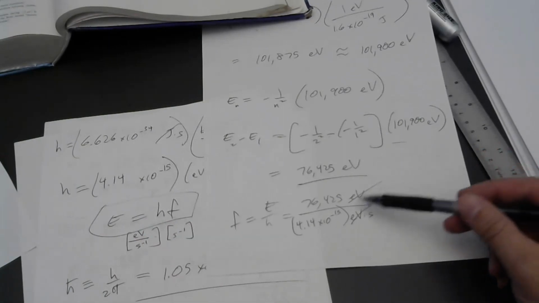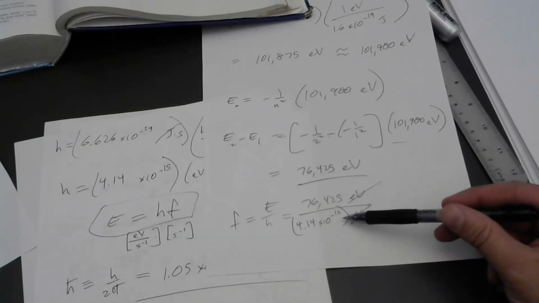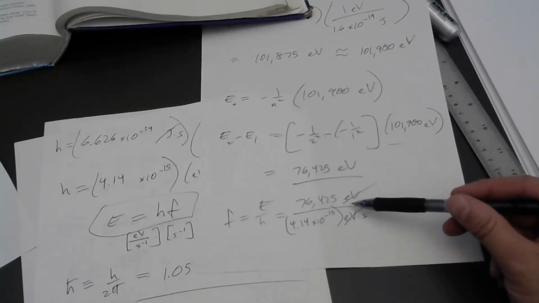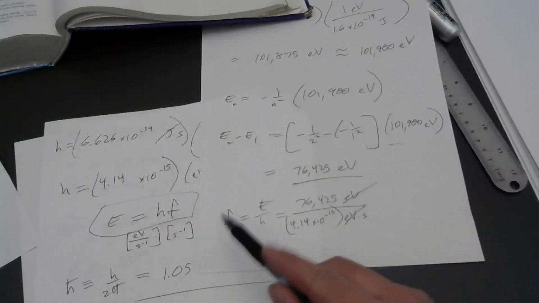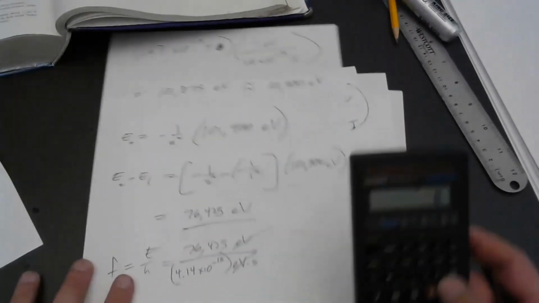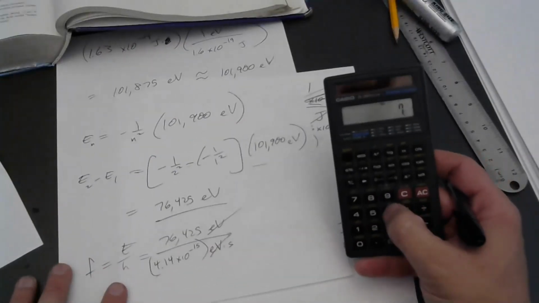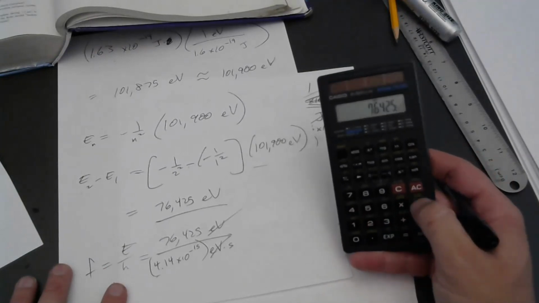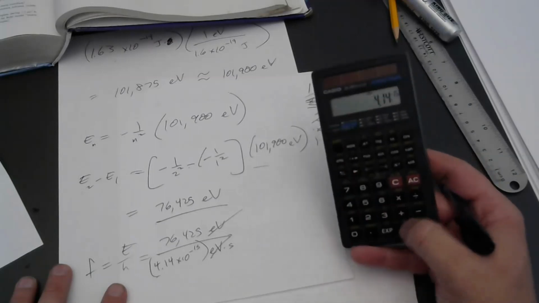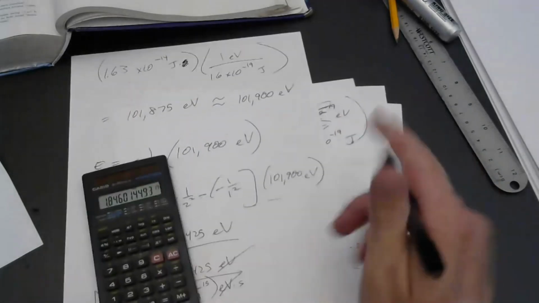You'll also notice, since we're dividing by an extremely large negative power, we wind up with a very large positive power, which is what we expect. Visible light frequencies or ultraviolet frequencies are very high frequencies. 76,425 divided by 4.14 times 10 to the negative 15th. Okay, and I find that the frequency,